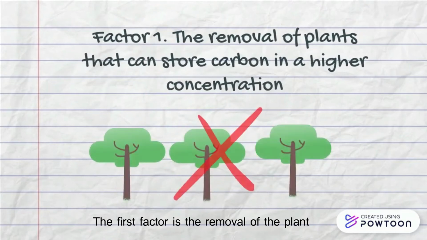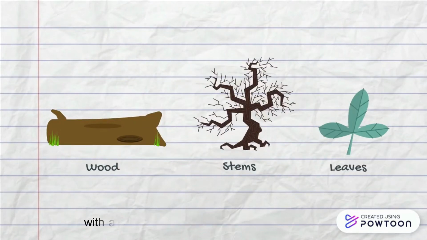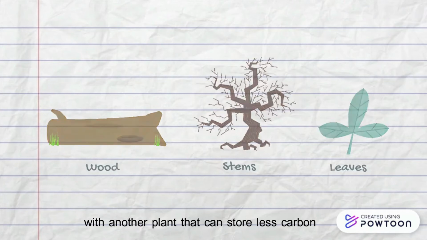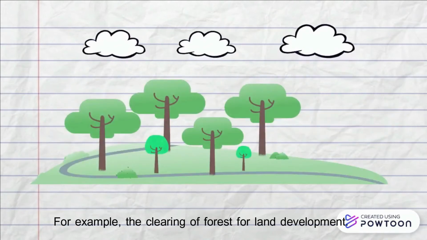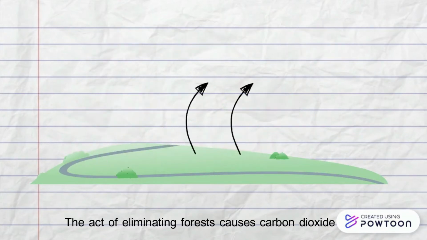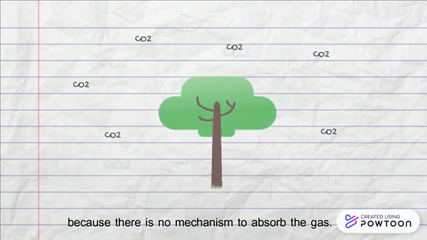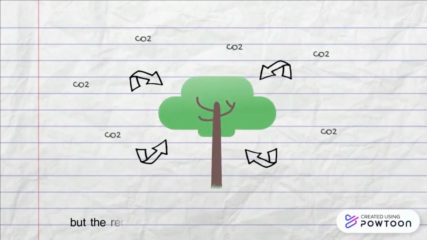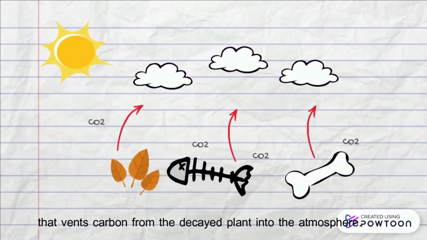The first factor is the replacement of plants that can store carbon in higher concentrations, such as woods, stems, and leaves, with other plants that can store less carbon, like crops or pasture. For example, the clearance of forests for land development. The act of eliminating forests causes carbon dioxide to accumulate in the atmosphere because there is no mechanism to absorb the gas. Not only that, but the removal of vegetation will also expose soil that vents carbon from the decayed